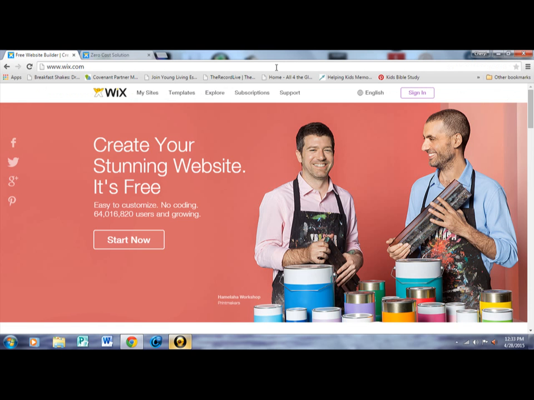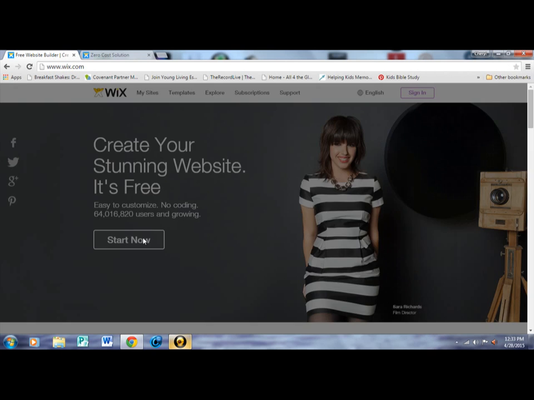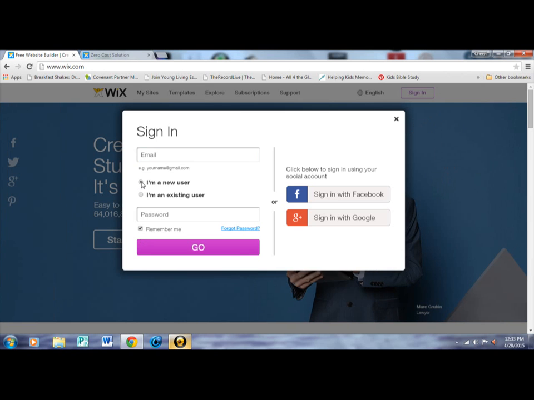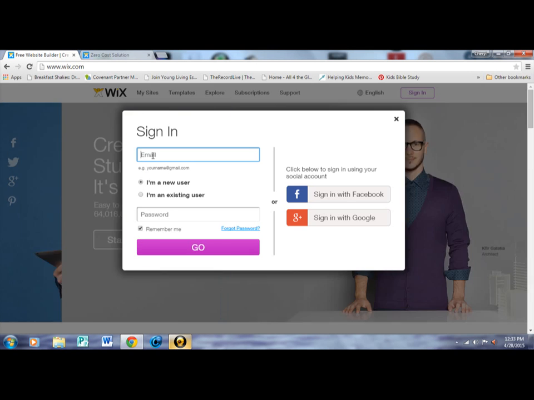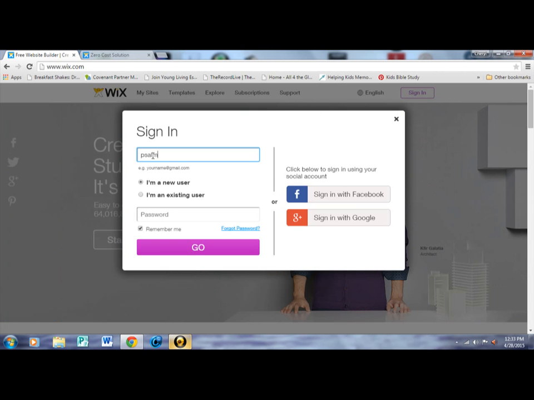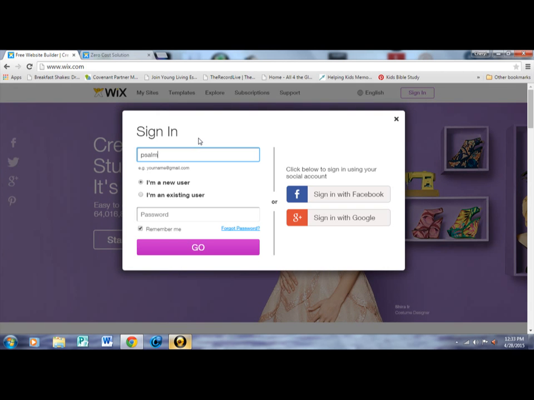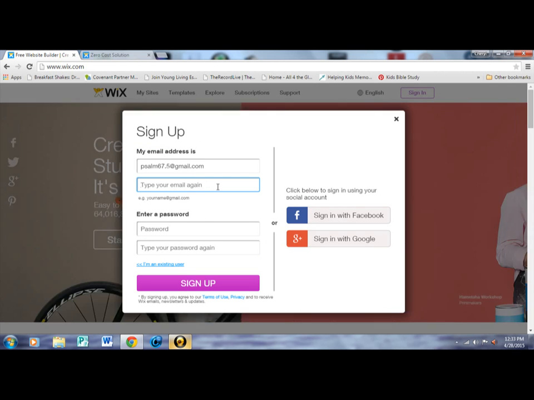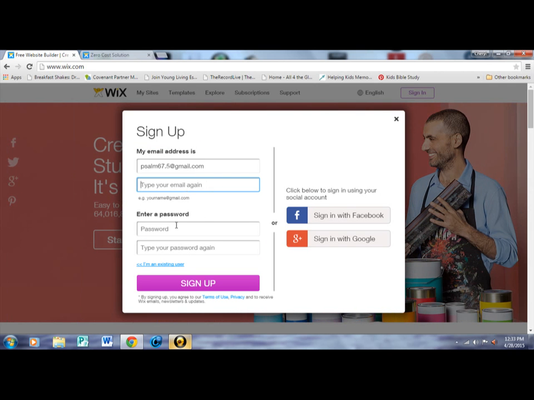www.wix.com, and then we want to go to Start Now, and you would choose I'm a new user, and you would type in an email address, the email address that you have set up for your ministry. And then you would press go, and then it would have you confirm that email address and then create